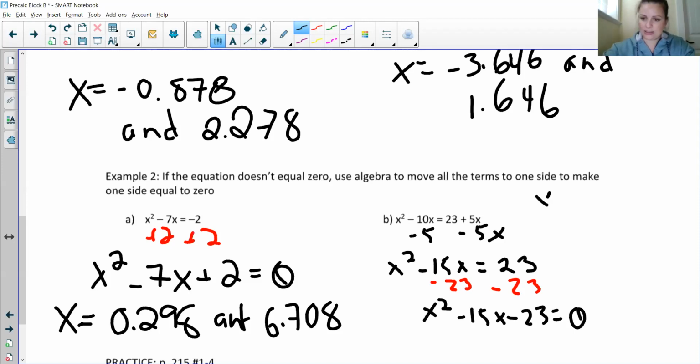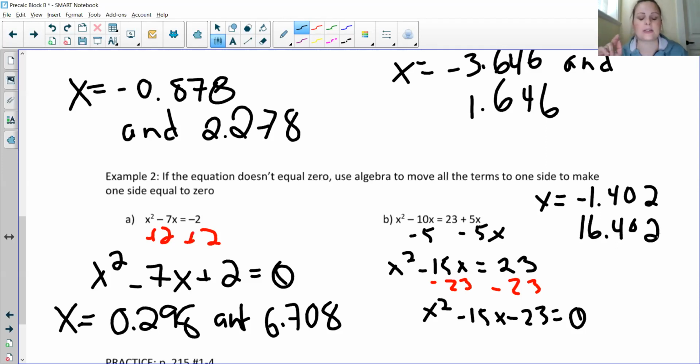And then you're going to plug this into your graphing calculator and you are going to solve. And you should get x equals negative 1.402. Let's fix that one up for you guys there. Negative 1.402 and 16.402. Now I'm rounding these off to 3 decimal points, and that's really important to remember because